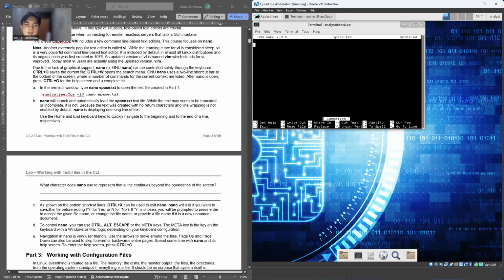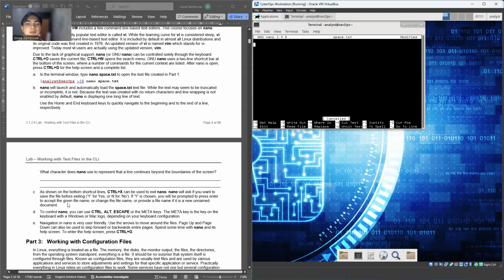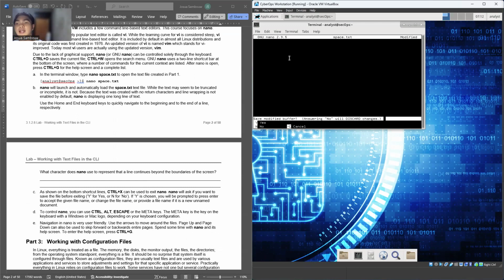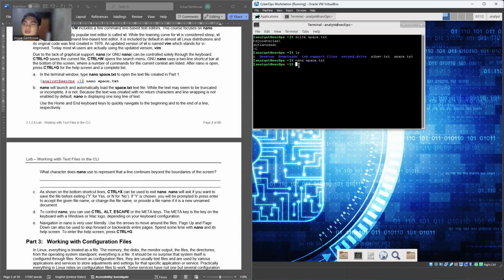Nano. Next, as shown at the bottom shortcut lines, Control X is used to exit nano. Now we have to exit with Control X. Control X, yes. And Y. No, I think that is to change the file name.